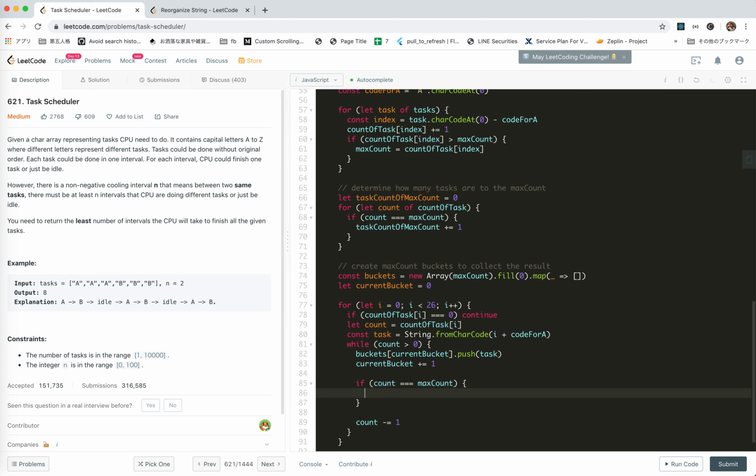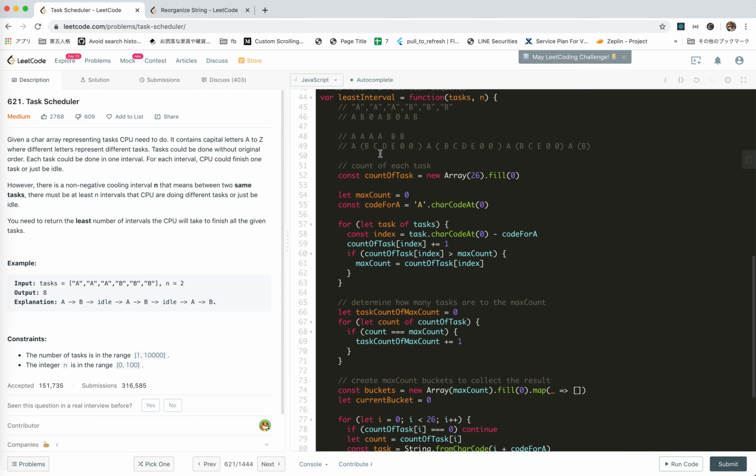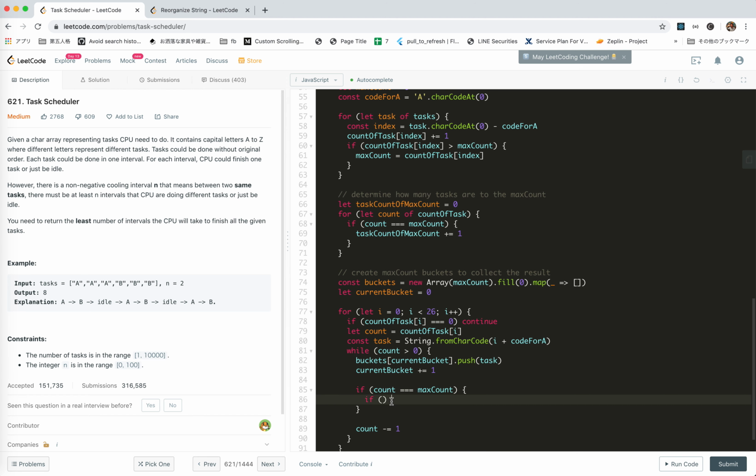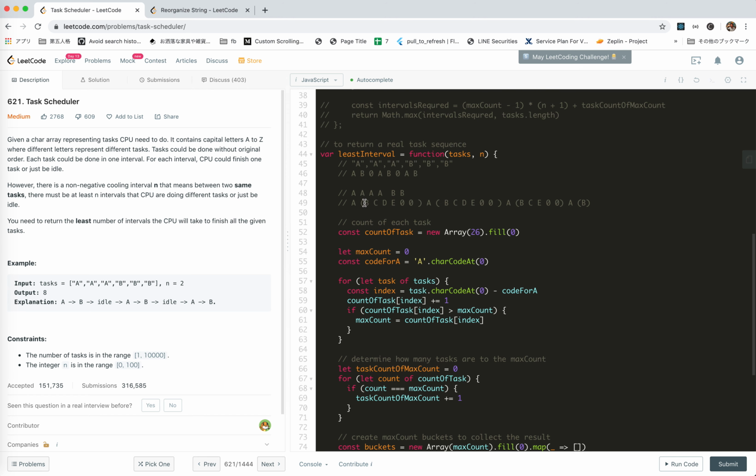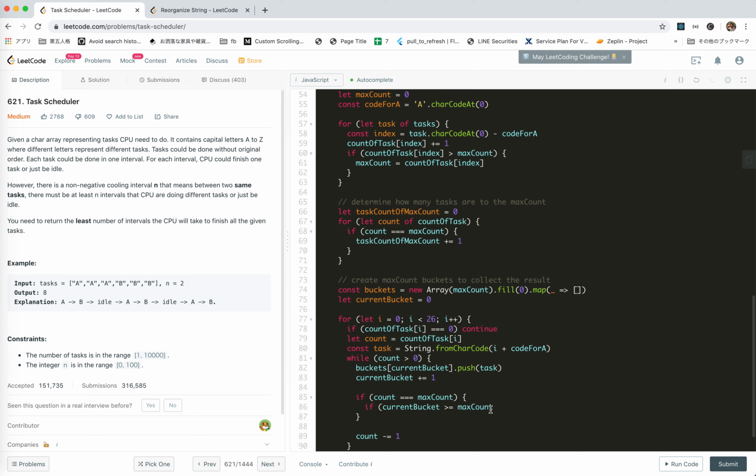If it is max count, then definitely it's going to meet the index here. So if the current bucket is bigger than max count, this is max count, so the index is max minus 1. So if it is bigger than this,